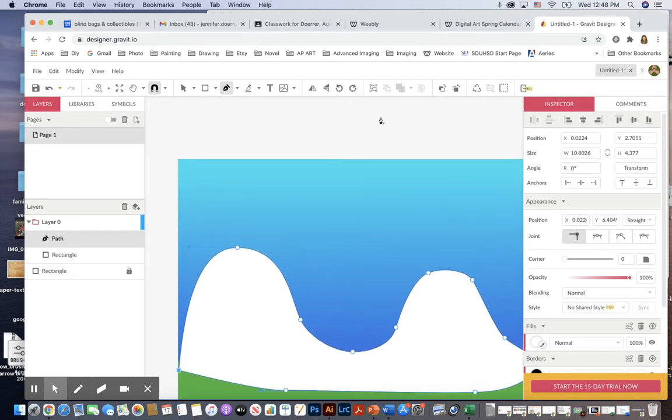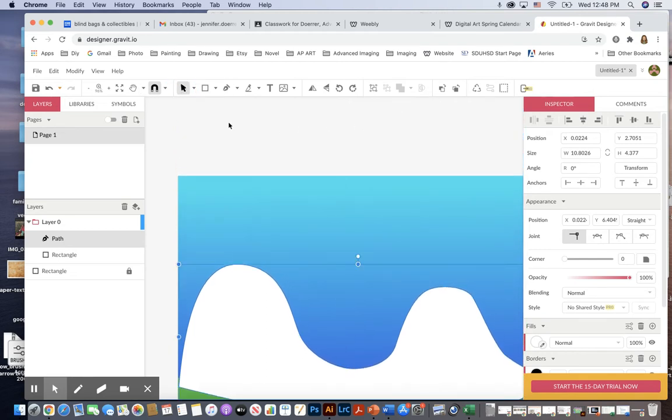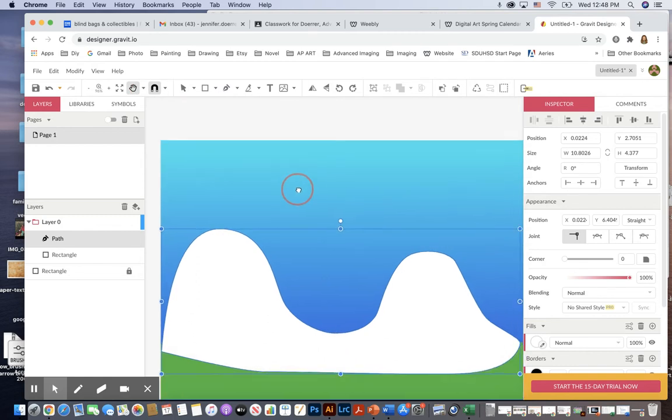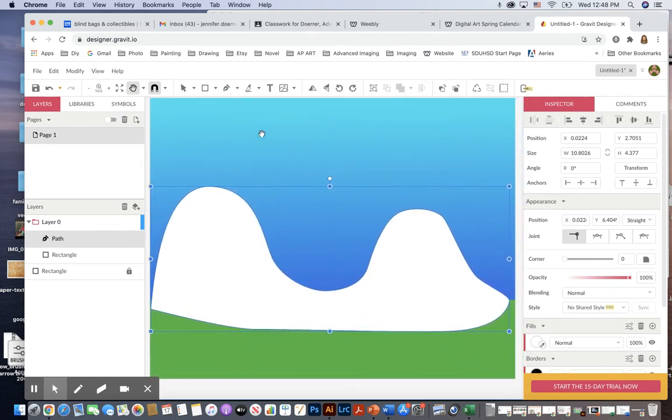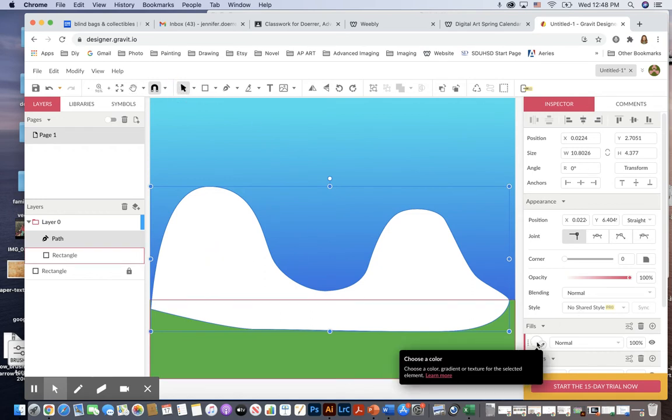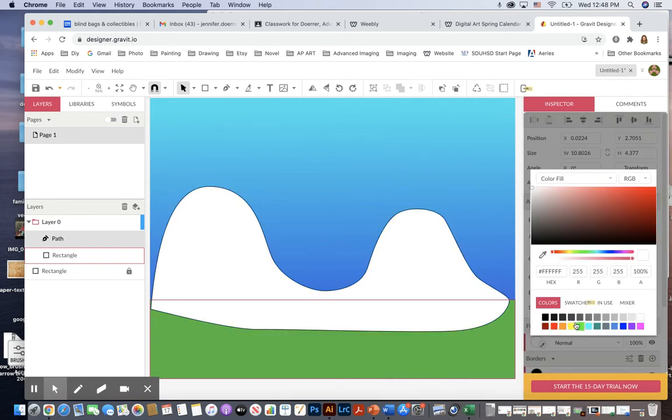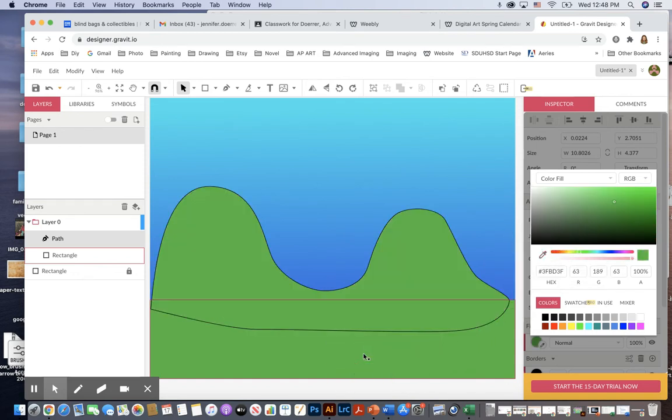So now you can see that Gravit automatically closed the shape and filled it with that default white. So I'm going to get my black arrow, select it, and now I'm going to fill it with a similar green. I'm actually going to get my eyedropper here and sample this green. There we go. So now I got the same green,